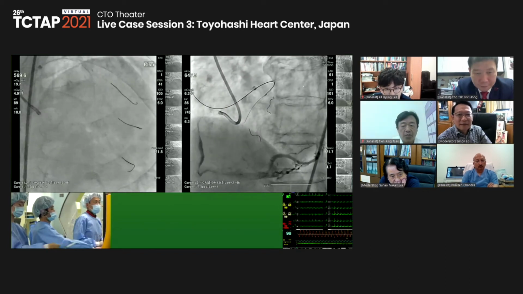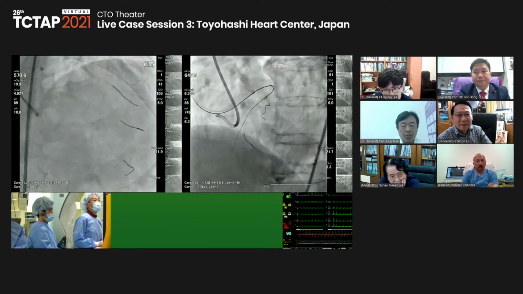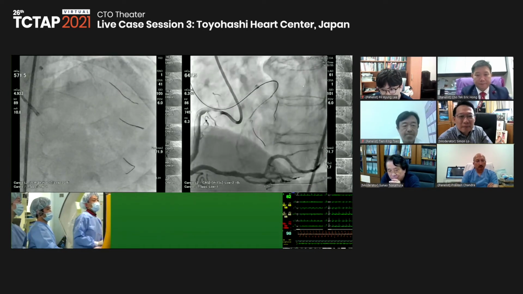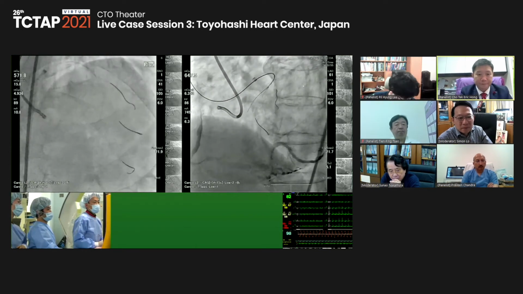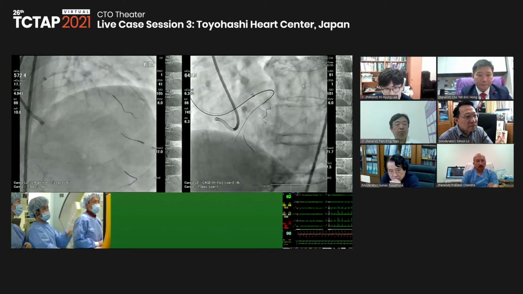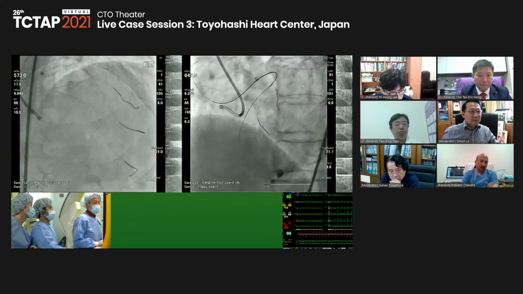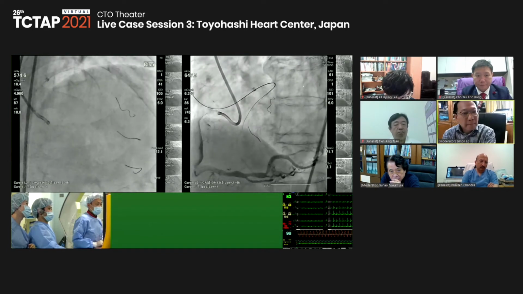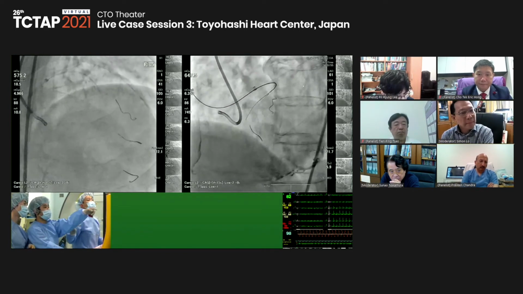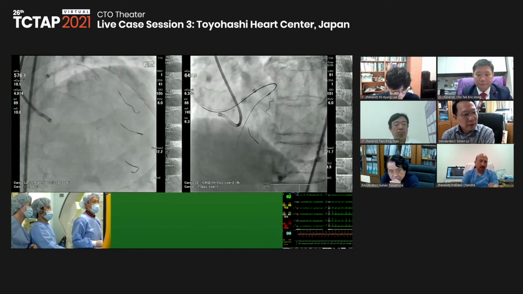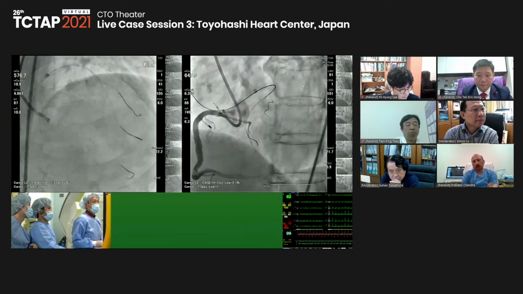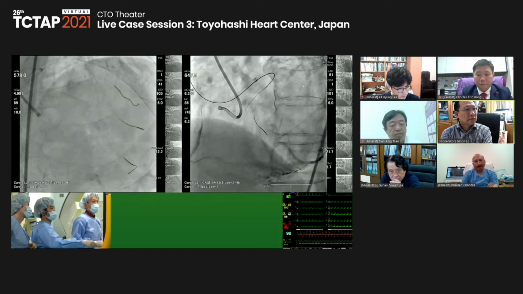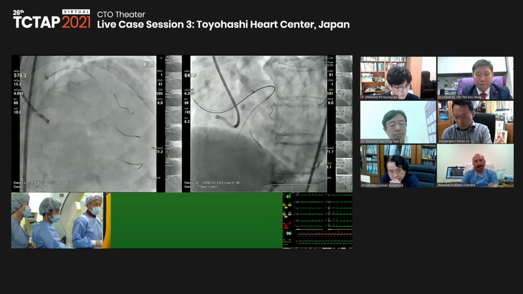And also nowadays maybe, I want balloon protection for when we stent in the LAD.